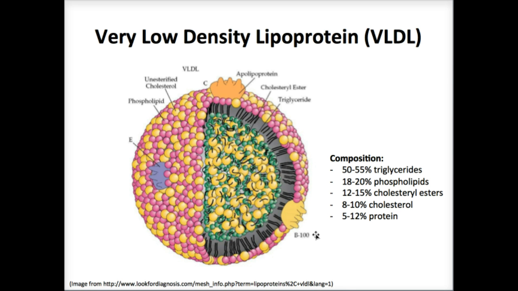Now, as VLDL particles are stripped of their triglycerides, bringing down that lipid to protein ratio, they begin to transform into a particle that is more dense. These slightly more dense particles return to the liver, where they are reprocessed and transformed into low density lipoprotein, or LDL, which brings us to our next slide,